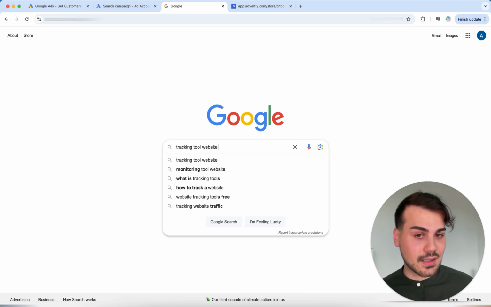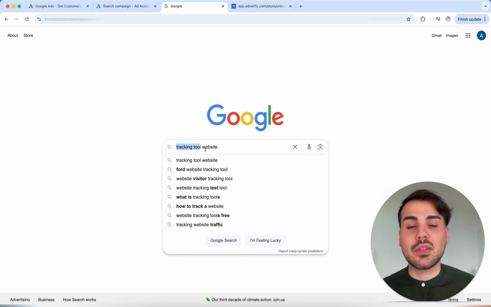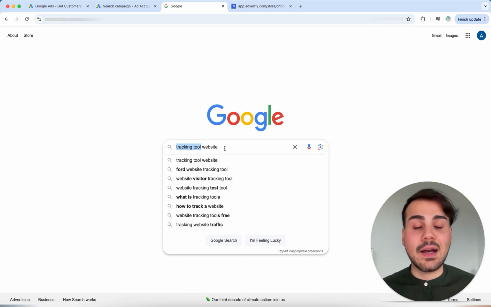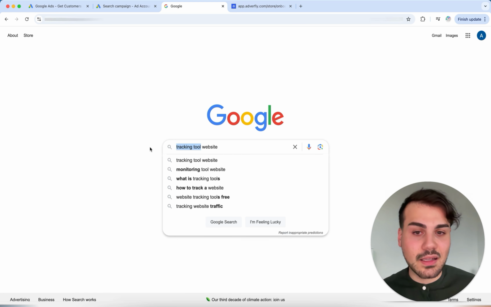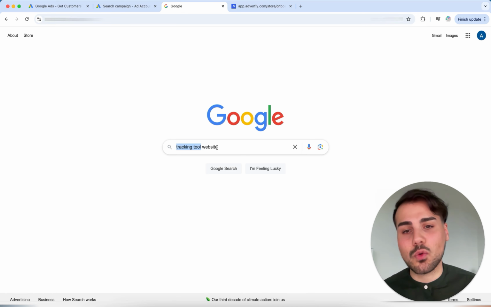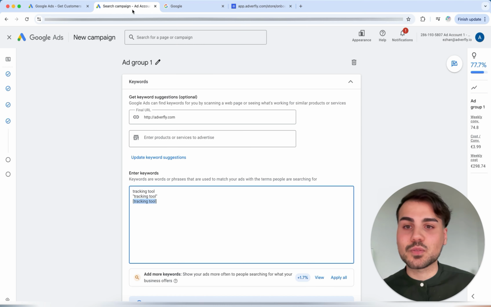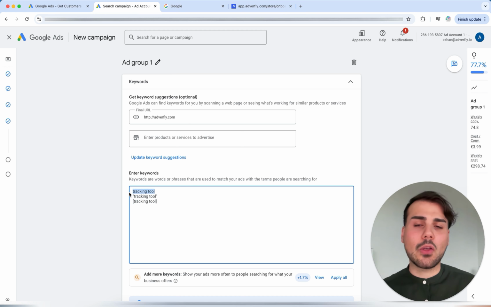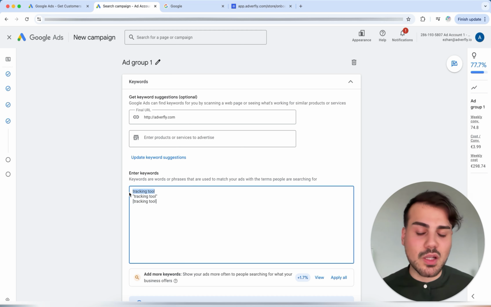As the name suggests, it's actually very simple. With broad, we would see it either way because both words are there. With phrase, we would see that, i.e. with the quotation marks, because these words are there one after the other. But with exact, we wouldn't see that, simply because it is not exactly the same, but there is an additional word there. And that's why it's always important to look here and see, is it possible to use the keyword incorrectly so that it ends up attracting the wrong people?